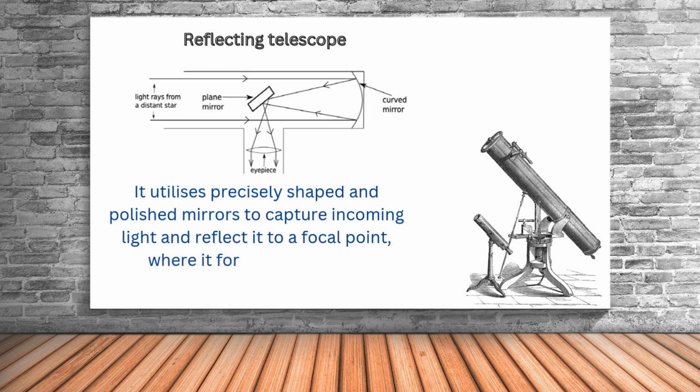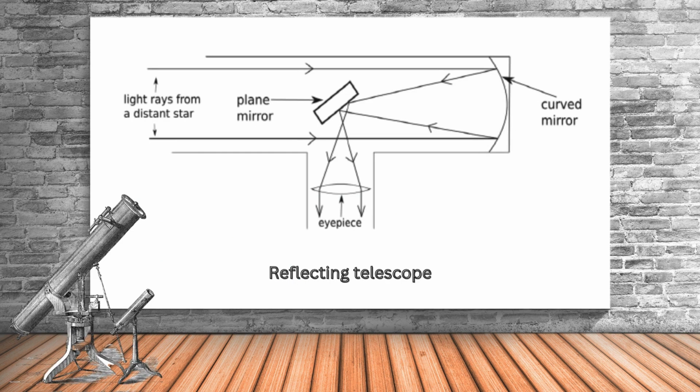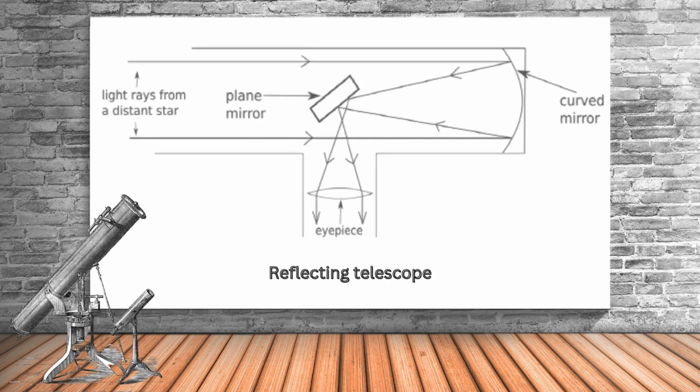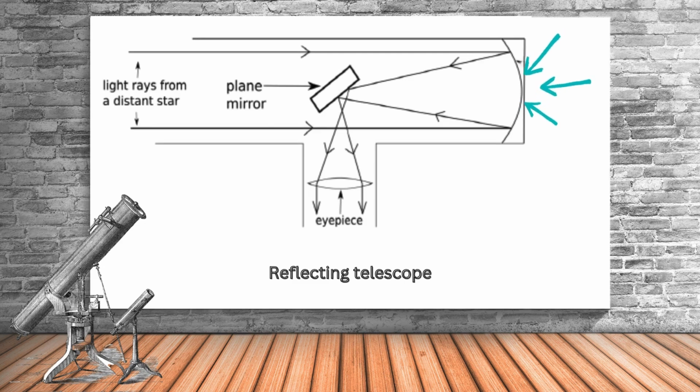Let's understand this process step by step before starting with the question answers. A reflecting telescope works by using a curved mirror to collect and focus light from distant objects, reflecting it onto a secondary mirror which then directs the focused light towards an eyepiece where the image can be viewed. Essentially, it uses mirrors to bounce light back to a focal point, creating a magnified image.